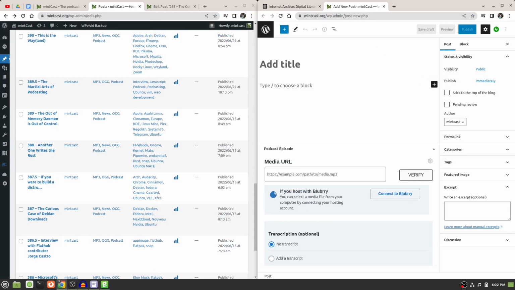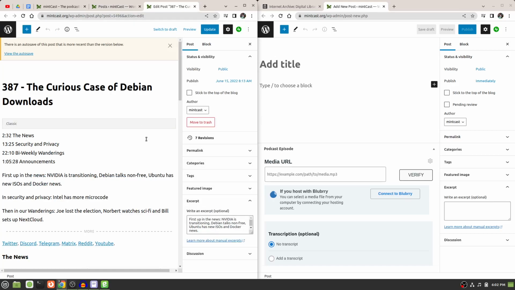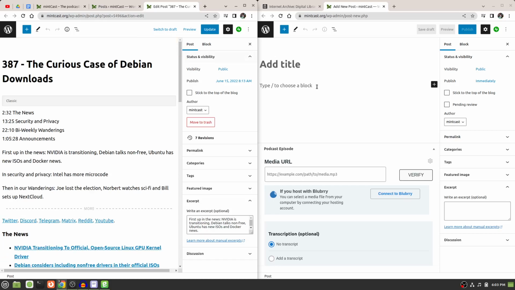Okay. Now, what I've essentially got in front of me is the editable pages for a completed, well done episode post on the left side, and then a blank, ready, fresh, clean slate for a new post that we're going to work on the right side. All right, so now that we've got these two pages up,